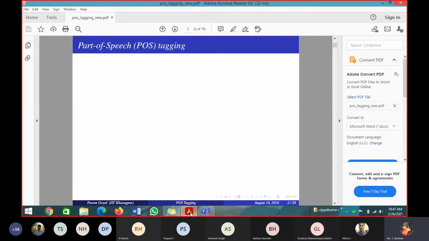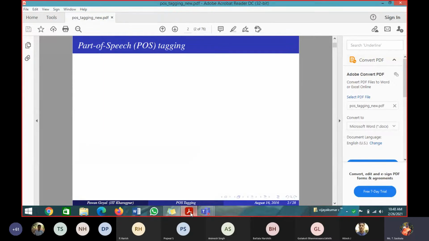A word has multiple POS tags, so an ambiguity occurs. Which is the correct POS tag, we will find out based on a probabilistic model, and that we will be learning here. Given a sentence, for each word, what are all the possible POS tags, and among them which is the correct POS tag for that particular word in that particular sentence and context. That is the main objective of this POS tagging chapter.